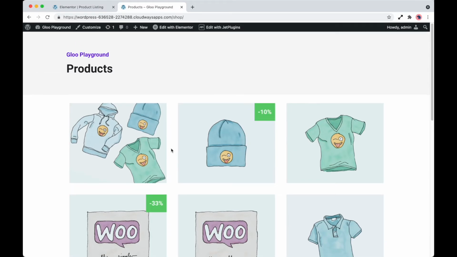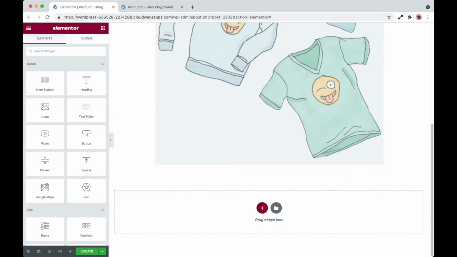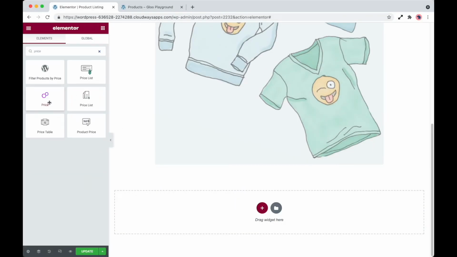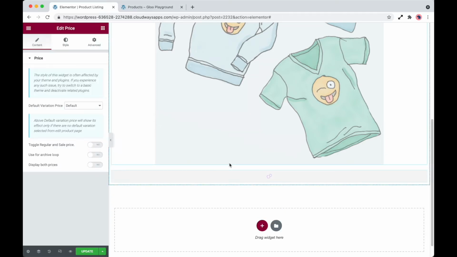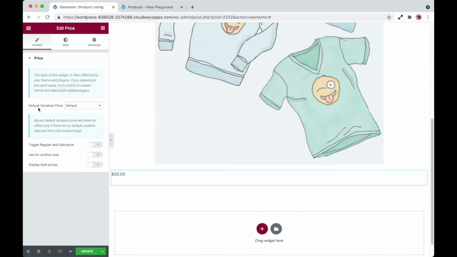So what we're going to do now is take a look at the price widget and show you how this works. Take a look at our price plus widget. So if we go ahead and search for this, we've got a new widget called price. If we drag that into view, what this widget allows us to do is display exactly what we want